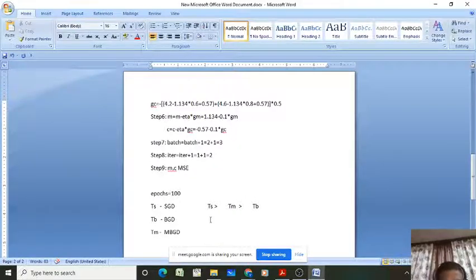Suppose the batch size I have considered is 1. Then which of the following will be true? If the batch size is 1, then TS equal to TM or TB equal to TM?